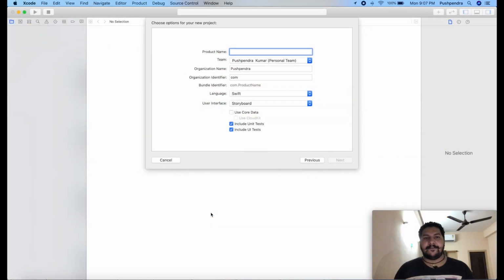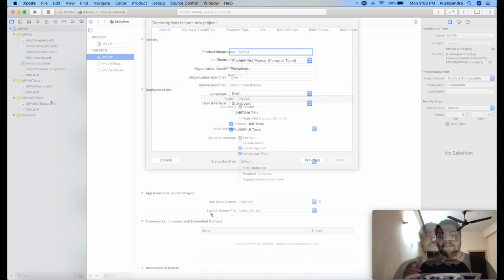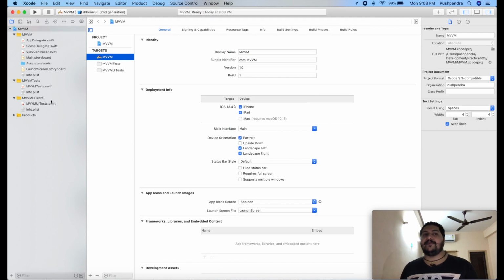So guys, this is my fresh project, and in this project I will create, as I told you, model view view model. If someone asks you this question in your interview, what does it mean? Model view view model is just a process to structure your code, how you can manage your code in a very simple and very easy way. It's just a process to develop any software or any application. So in this tutorial we are going to cover how we can manage MVVM.